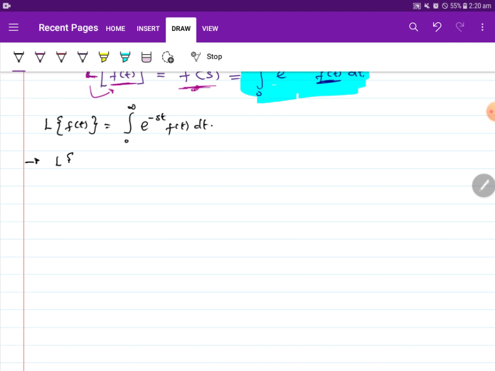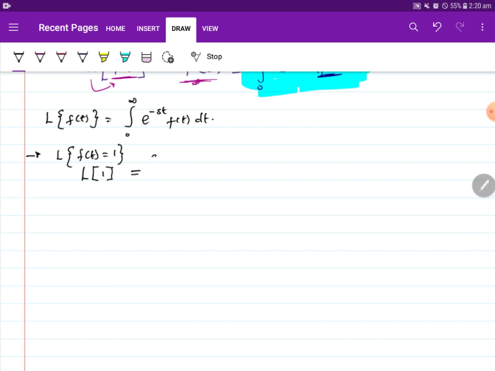Find the Laplace transformation of f of t equal to 1. Here you get, meaning f of t is 1. So it means find the Laplace transformation of 1. So in place of f of t is what? 1. Therefore, the Laplace transformation of 1 is the integral from 0 to infinity exponential minus st times 1 dt,